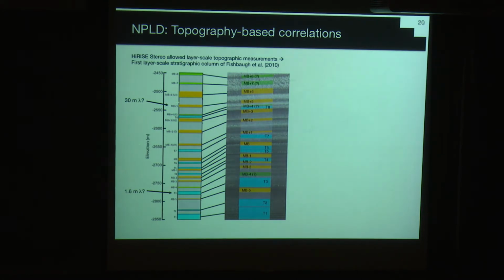Basically, they divided the beds into marker beds, which are these darker, sort of hummocky type layers that you can see here, and thin layer sets, which are sets of thin, erosionally resistant layers. And so they postulated that they had found both periodicities: in the marker bed spacing, they had found the 30-meter periodicity that Lescar et al. found, that Milkovich and Head found, and that they had also found the 1.6 meter periodicity of Perron and Huybers in the periodicity of the thin layers within the sets.